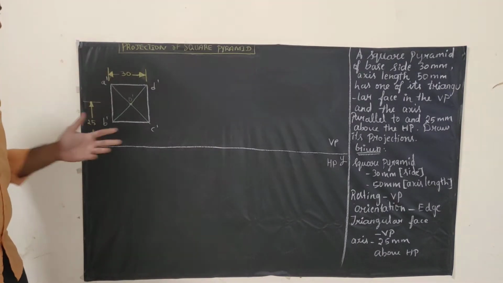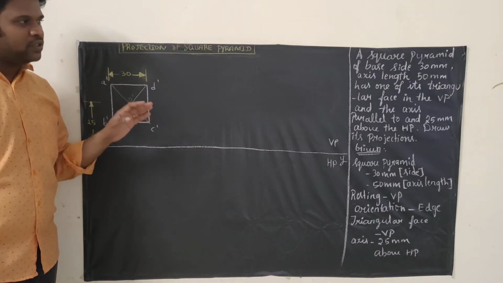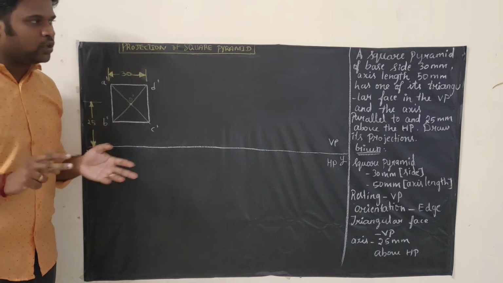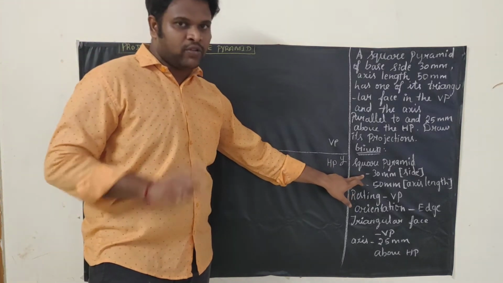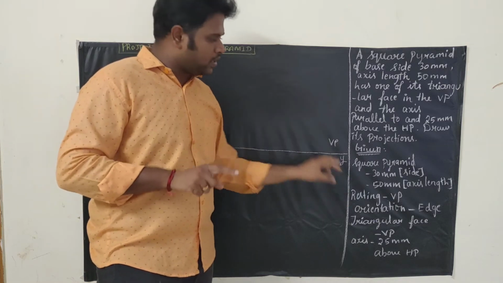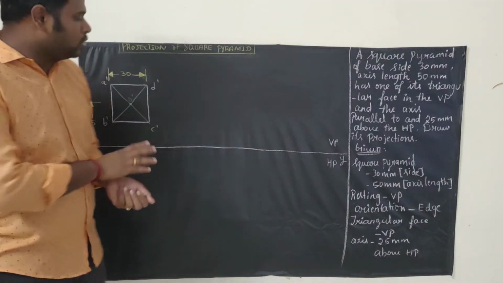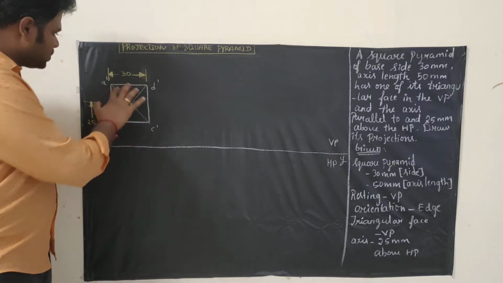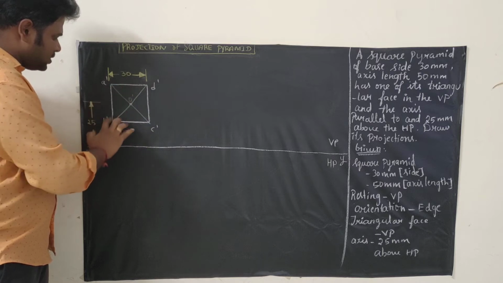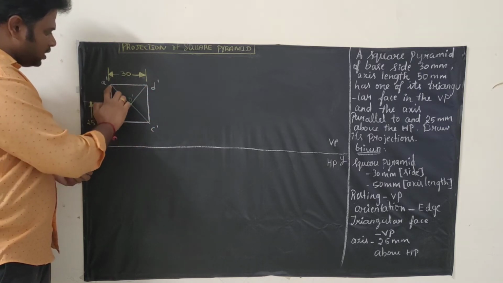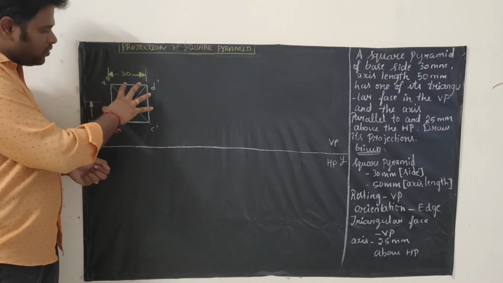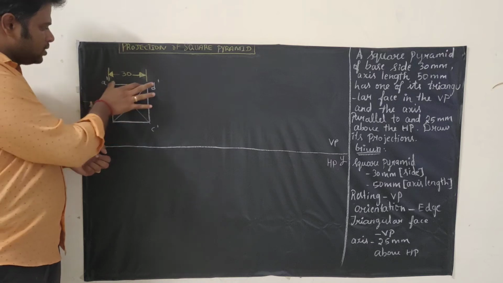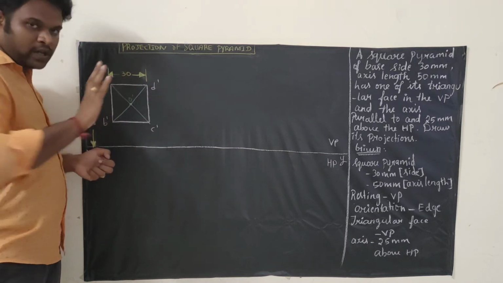The first step is, initially we used to draw the reference line, but for this problem don't draw the reference line as the first step, otherwise it will be very difficult for you. We are going to draw a square. We know very well we are going with the first one, the normal square. The side of the square is 30 mm. Don't draw the reference line. You are going to draw the square in VP, that you have to keep in your mind. So draw the square as 30 mm: 30, 30, 30, 30. This is our front view. We are naming it as A dash, B dash, C dash, D dash. This distance is 30. All four sides of the square will be 30.